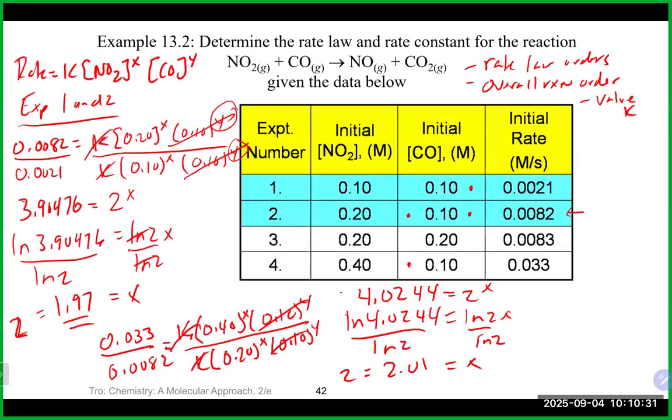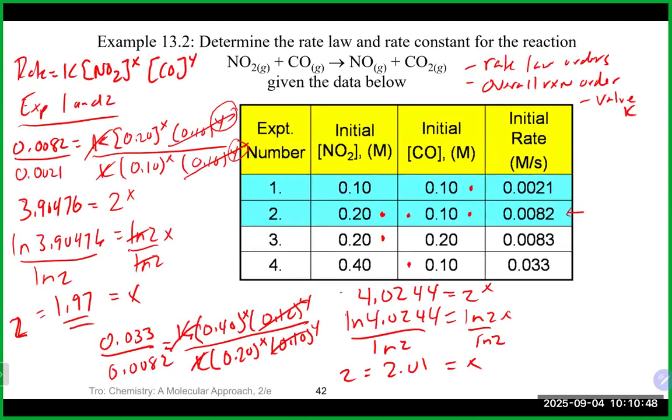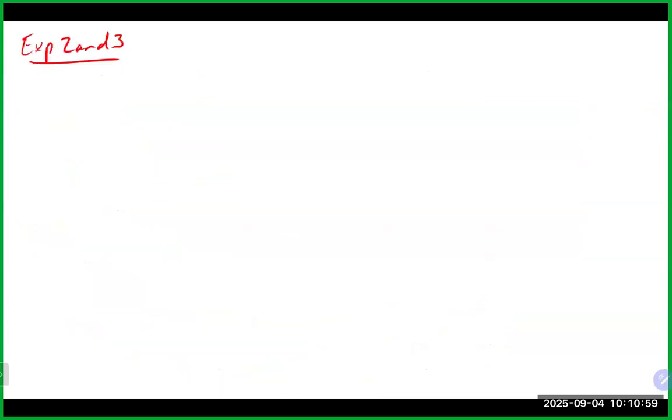Then we'll come back here to our table, and we're going to keep the NO2 constant. In this case, I think you just got one option, and that is experiment 2 and 3. Looking at 2 and 3, we see they're fairly close, to be honest with you. So I'm still going to take the little larger one on top, which is experiment 3. We're going to put everything from experiment 3 up on top. So that's going to be